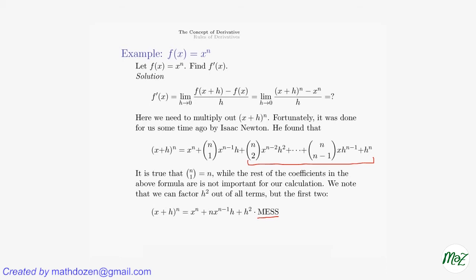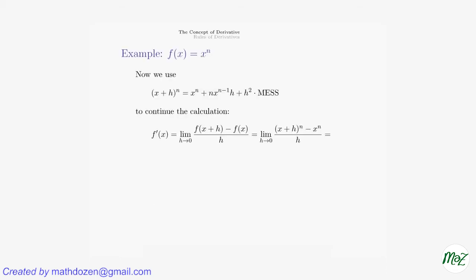So now we can use all of that to continue the calculation. By the previous discussion, we've got that x plus h to the nth power is equal to x to the nth power plus n x to the power n minus 1 h plus h squared times some nasty expression. So we continue with the calculation. We left at this limit as h goes to 0 of x plus h to the n minus x to the n, over h. Now we put that expression in place,